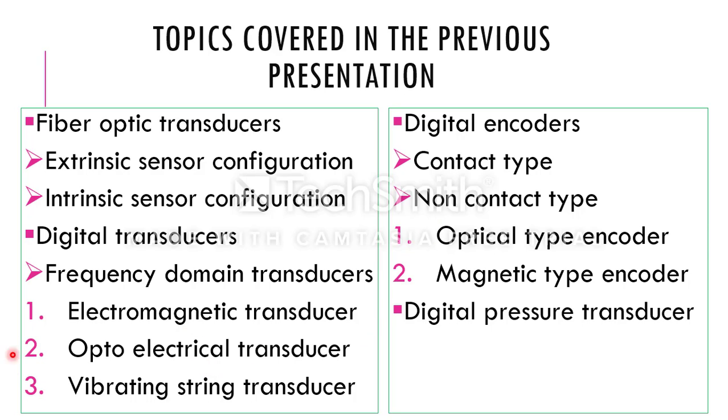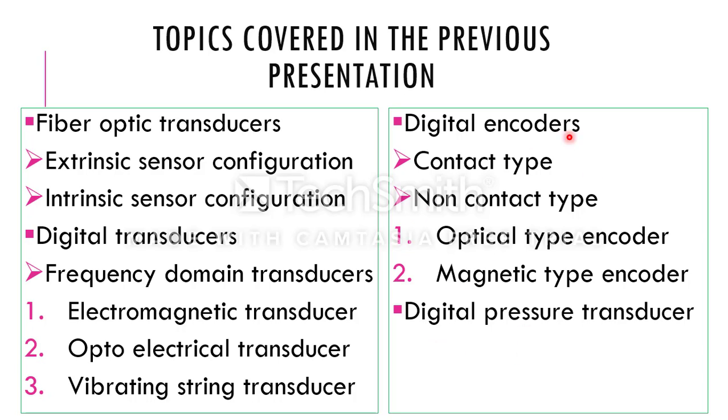Next, in digital transducers we get a pulse as the output, so it will be in the form of zeros and ones. Next we had seen digital encoders. In these digital encoders we will be getting the output in the form of 2 power 0 in the binary form, maybe in the BCD number system, or the octal number system, or any other type of number system. So 2 power 0, 2 power 1, 2 power 2, that way we will be getting the output.